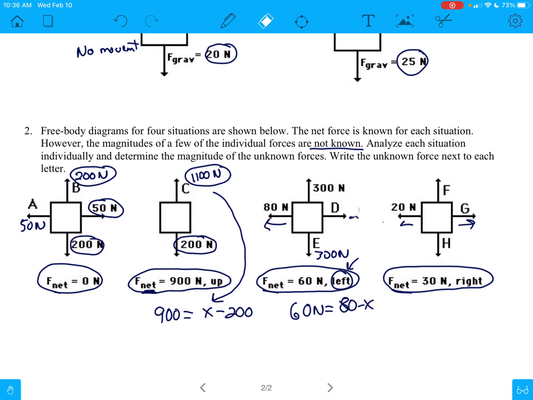Oh, I can't write it up there. Hold on. Hey, what's going on? This is 20 newtons. Okay, there we go. There's the answer to that one. Oh my goodness, totally messed that up. So this is supposed to be